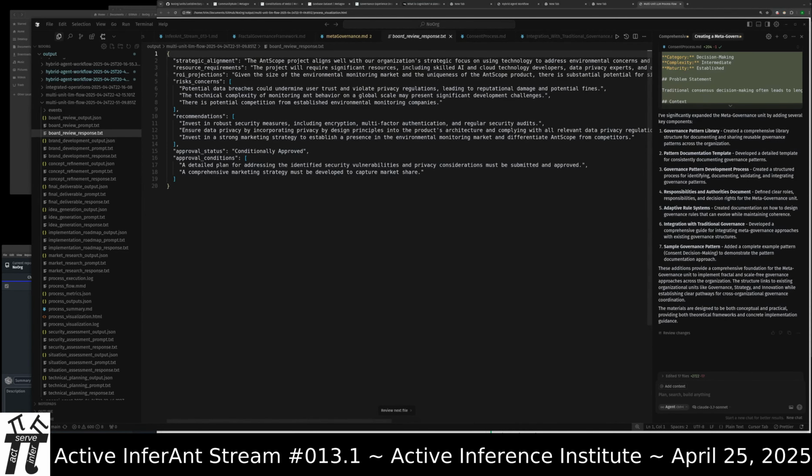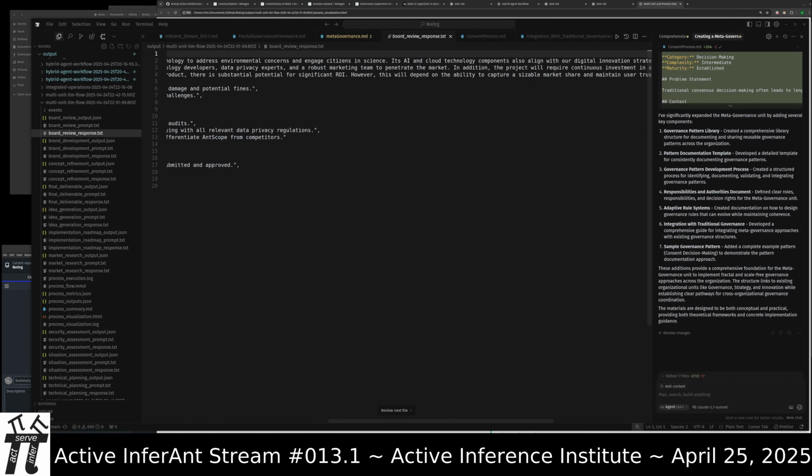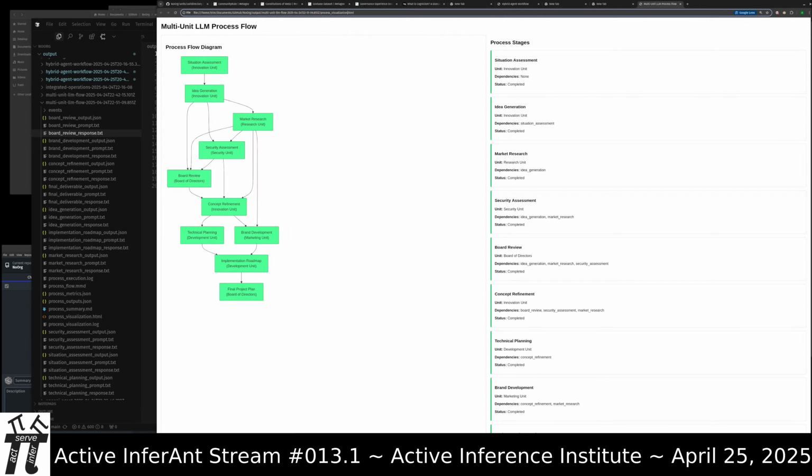The AntScope project aligns well with our organization's strategic focus on using technology to address environmental concerns, etc. That is then refined with feedback at the innovation unit. There's a technical and a brand planning, and then finally, the final project plan is written out. So all of this was just autonomously orchestrated based on this fixed organizational topology.